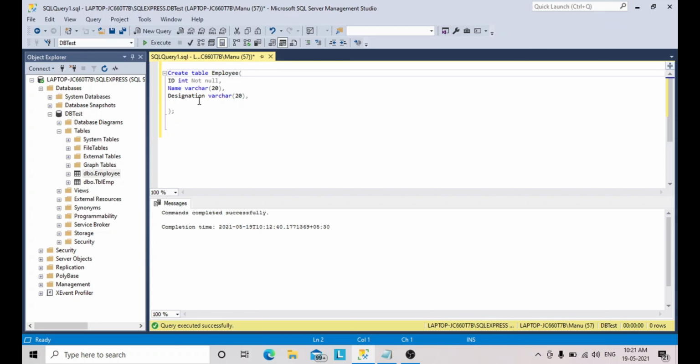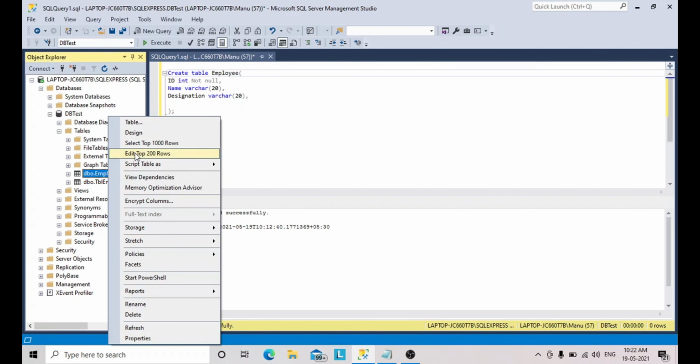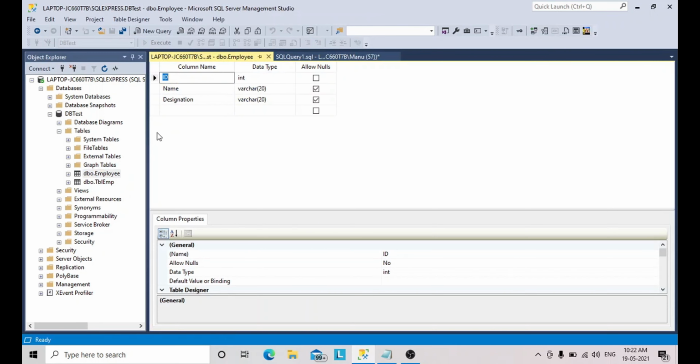In this table, for name and designation, I didn't mention a not null constraint, so these two columns allow null values. Only ID has the not null constraint, so ID does not allow null values.